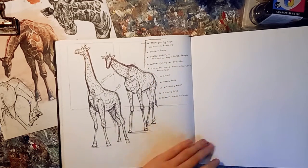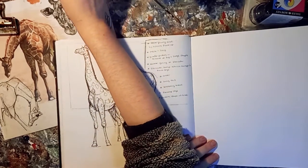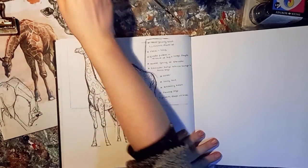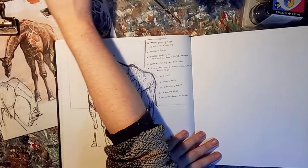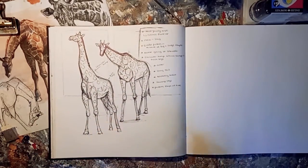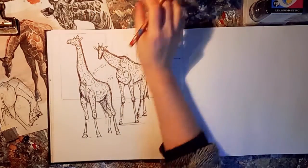I might just switch for a pencil for this, or actually let's use a nice coloured one, because there's a distinct lack of colour in my sketchbook at the moment and I do not like that. So let's find a nice coloured sketching pencil, a nice warm red one because it is Christmas. There's also a distinct lack of Christmas on this page, which is why I'm starting off using a red pencil. For a start, I think one of the key things that I'm going to need to sort out is how